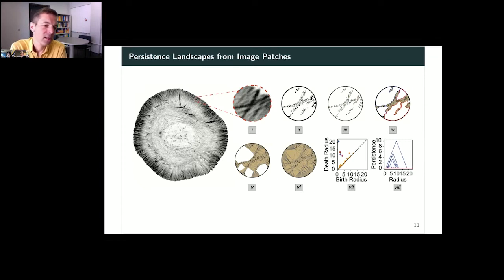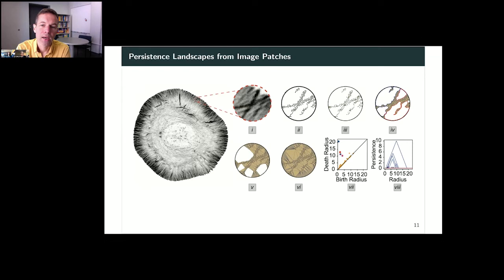However, for this data, the interesting features are these linear features. Now, there is a version of homology that's good at detecting local linear structure, which is called local homology. So we used that as an inspiration for a quantitative version of local homology